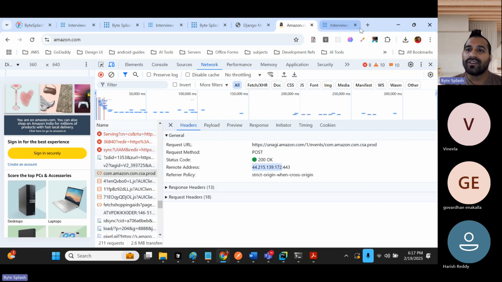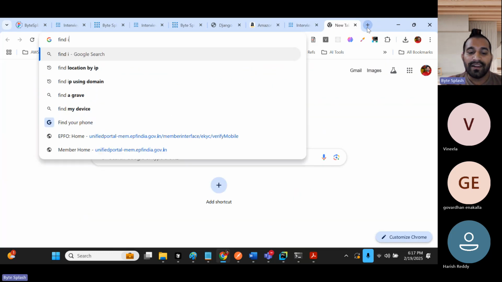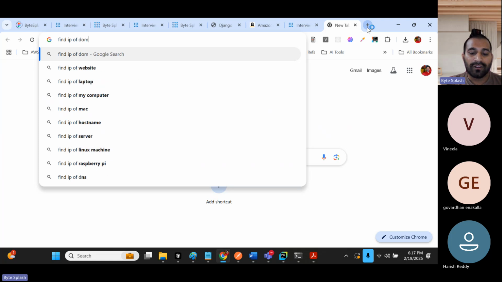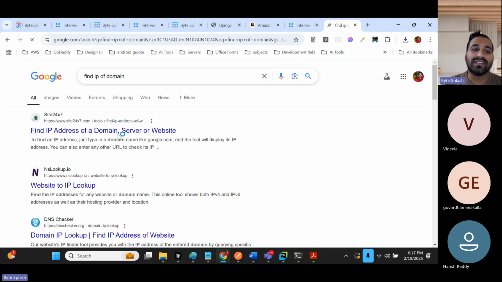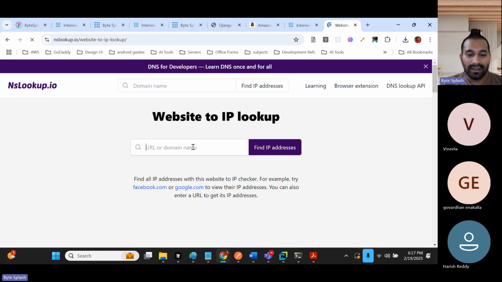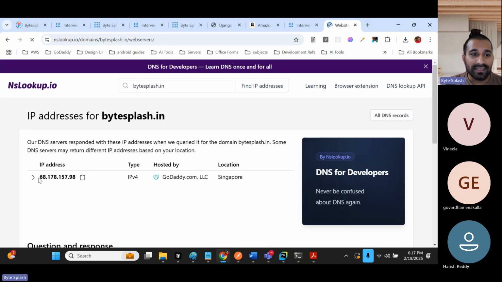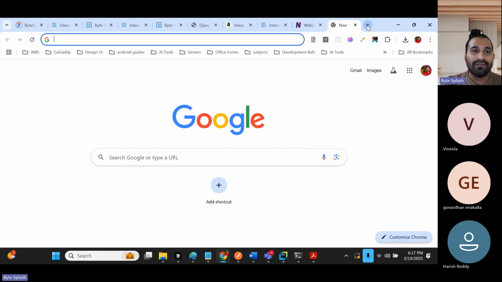So if we talk about this, find the IP of the domain. Our IP address will be 66 something. Website to IP lookup. If we just put the domain name, it will find the IP address, 68.178.68. So it's GoDaddy, right? I bought it, so I know that. Now if you open this